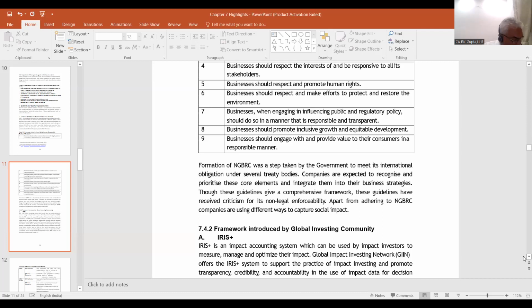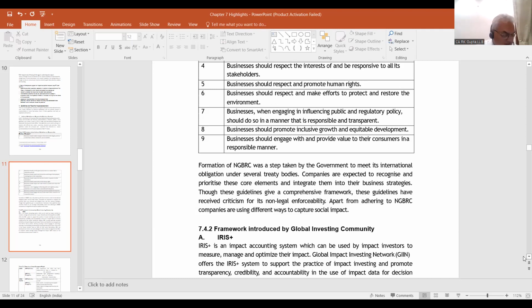ये शुरू में ही दे रखा है मेरे हिसाब से इसको ना। वो कौन सा चैप्टर था हमारा, चैप्टर 1 या 2 था ना जिसमें हमने दिया था। So this was a step taken by the government to meet its international obligation. वो जहाँ SDC वगैरह की फॉर्मेशन नहीं आती, बहुत सारे जो एजेंसीज आती हैं, वहां पर इसी का भी नाम है। कोई बात नहीं, बाद में देख लेंगे इसको, जो फुल फॉर्म इसकी है।